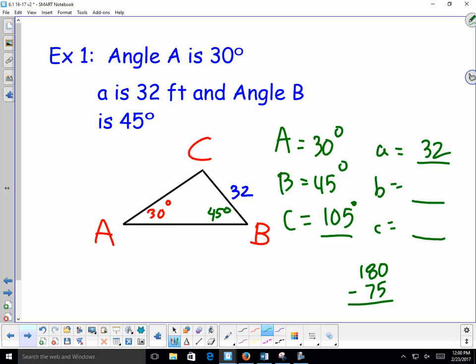All right, at this point, we're going to use law of sines to find the missing two side lengths. So we are going to say